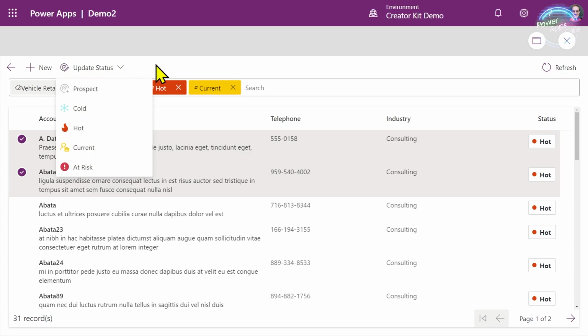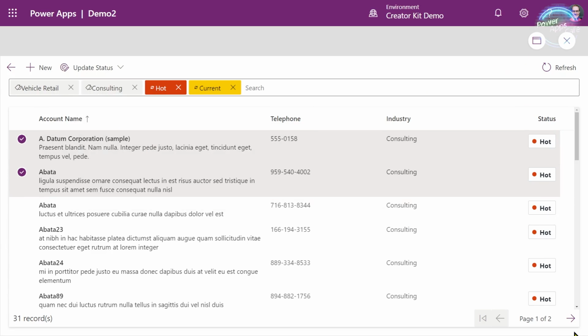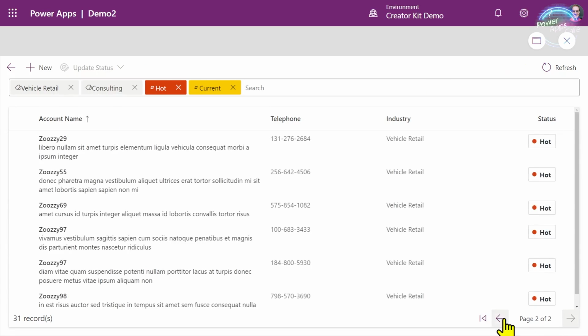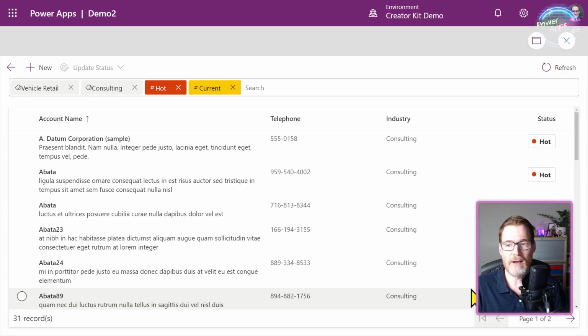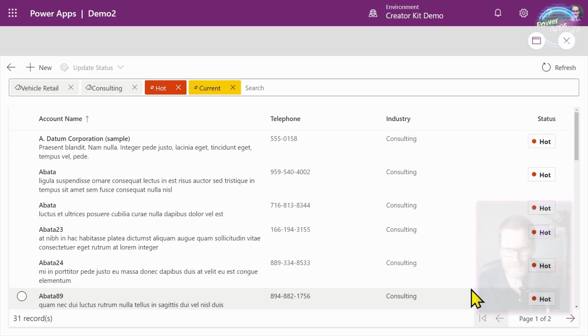And then we've got a command bar at the top here, and we've also got some paging as well. One of the focus points so far has been making sure that we are performing delegated queries, and that is, those queries are happening on the server. Let's do a quick recap on what delegation means.